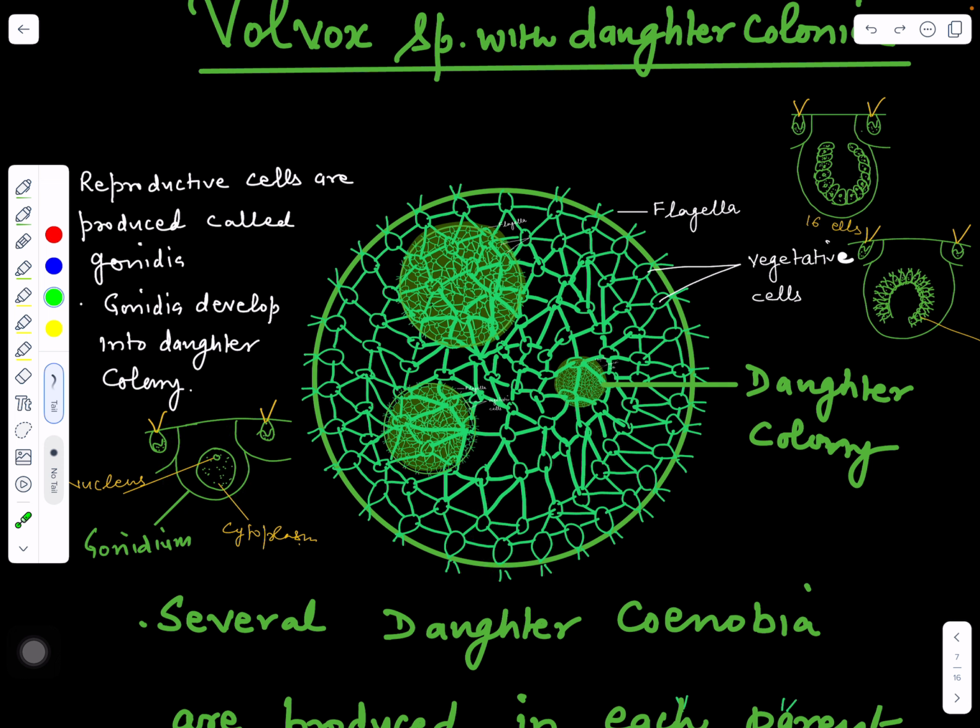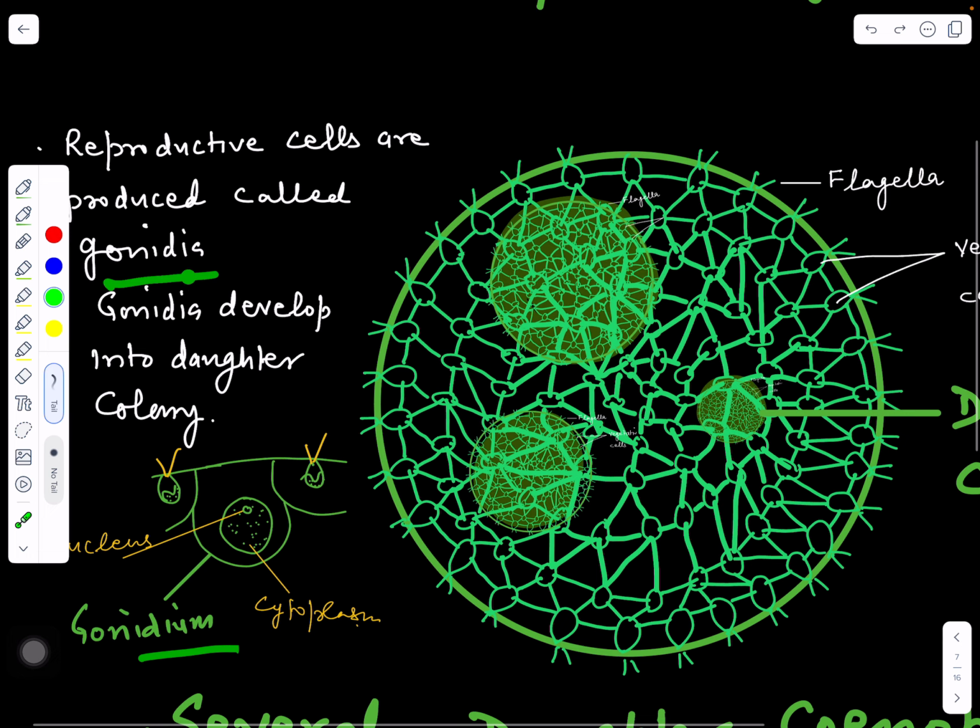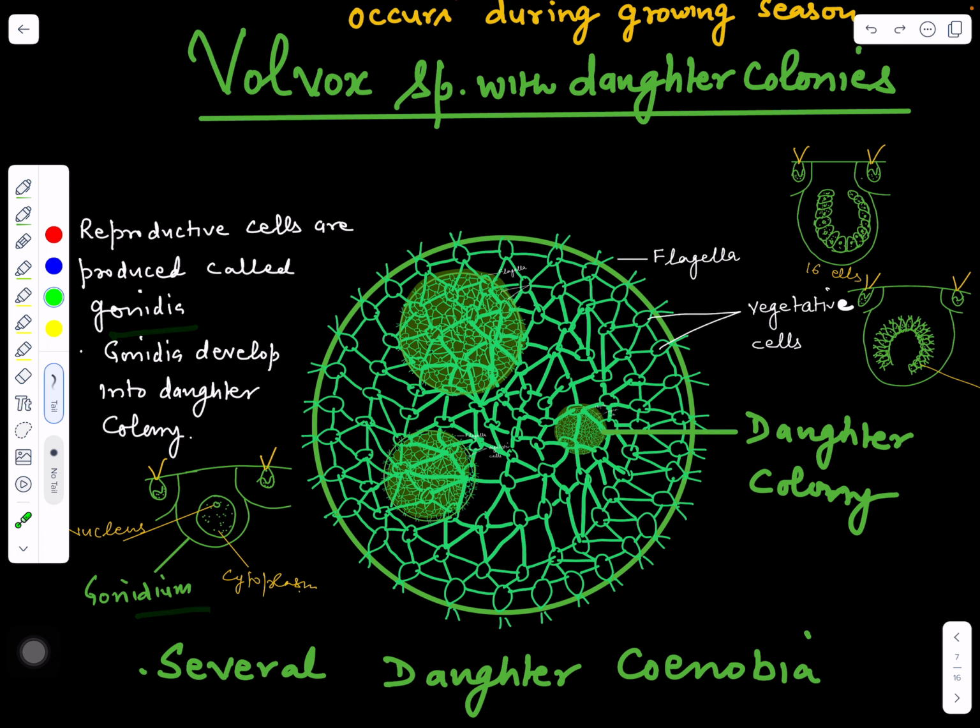Each cell, which has a pair of flagella, will become rounded in shape, and this retracted cell is called a gonidium. Gonidium is the singular and gonidia is the plural. So these reproductive cells which help in asexual reproduction are called gonidia. Now gonidia will develop into daughter colonies. And how does this happen? Each gonidium, produced like this,